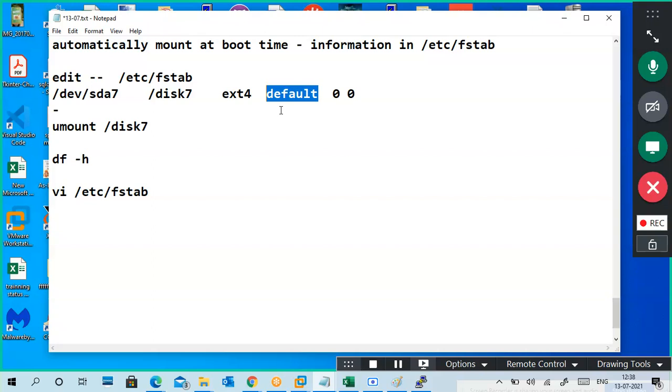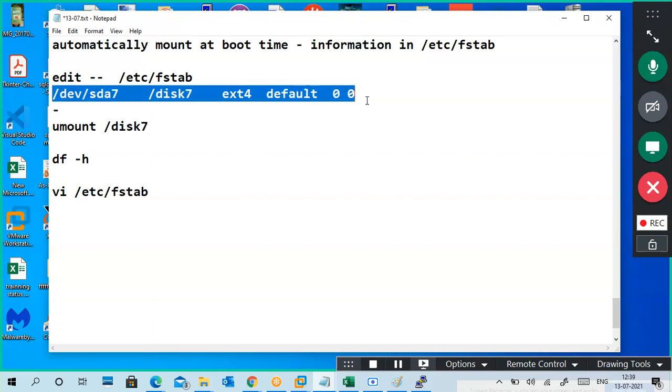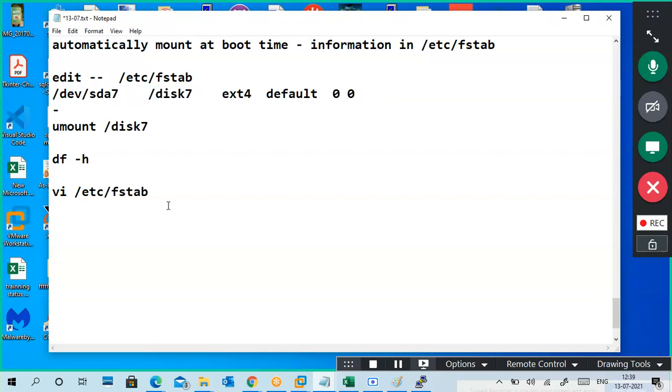It means verify at boot time and connect the device, or ignore if it is not available. This is the general fstab format.